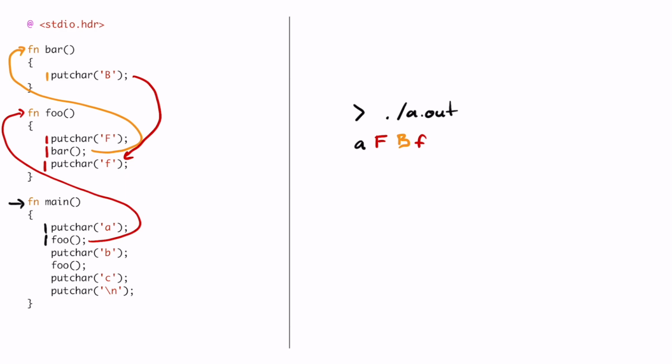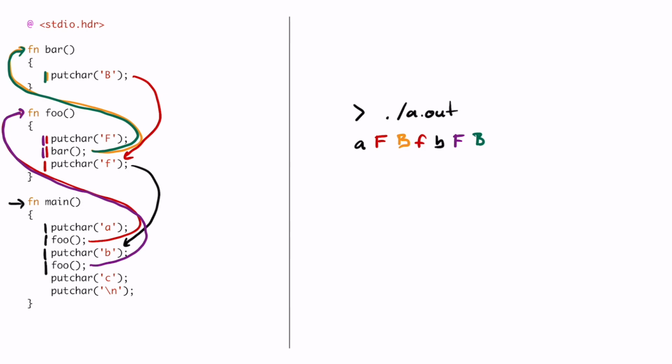Then we are done with function foo and we return to function main, which means now we continue there with printing this lowercase b. And then we again call function foo. And now, of course, things basically get repeated. And you also see that most of these jump paths will be the same. We again go to function foo, we enter function foo, we print again this uppercase f, again we call function bar, and when we enter function bar, we again print this uppercase b, then we again return,